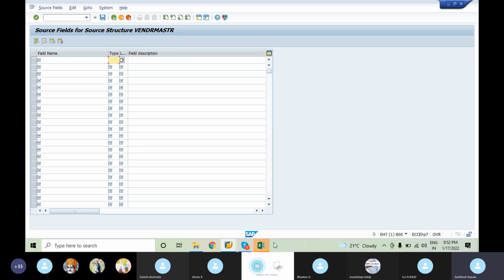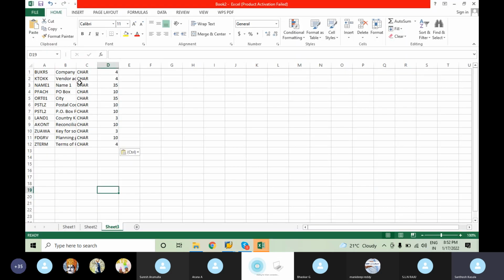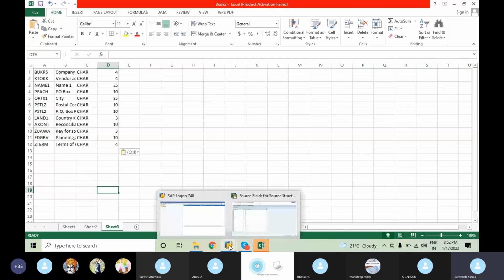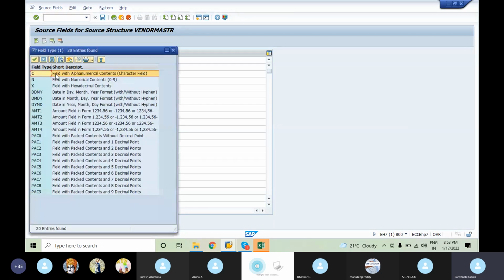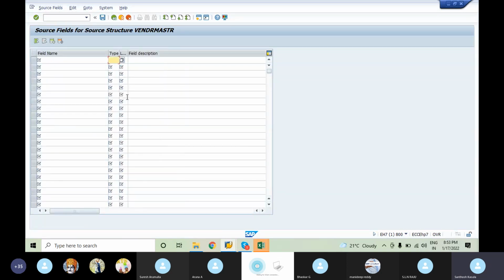Type, in the sense, if you can see here, we have an option called char. So we can just copy and paste all except this characteristic. Why? Because char is not directly acceptable for SAP. You can just click here. You can see option C, character field, but we cannot directly give character. That is the reason we have to enter only C here.